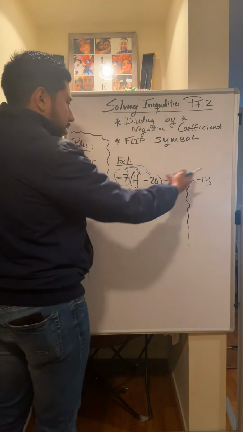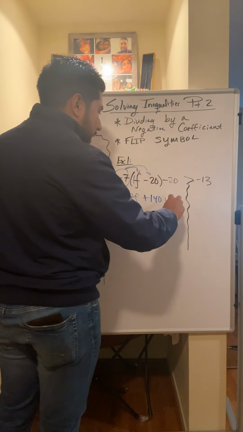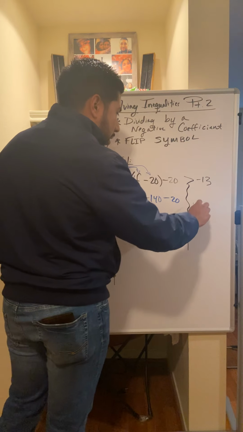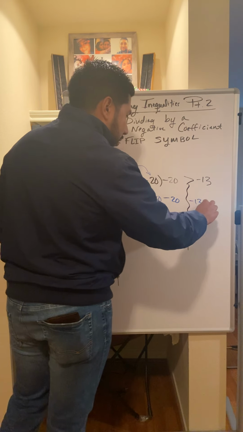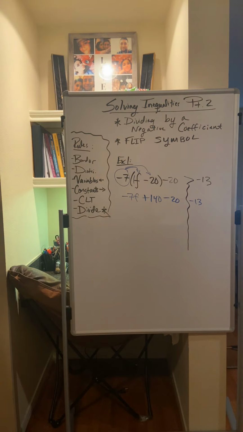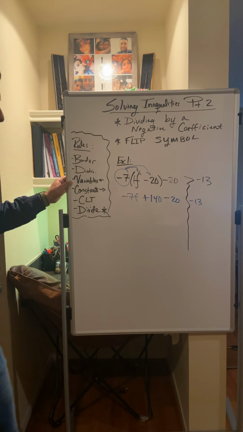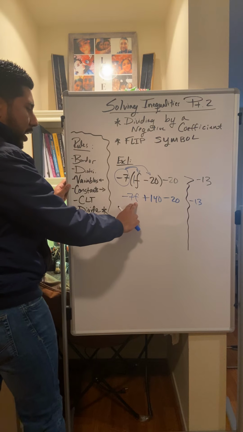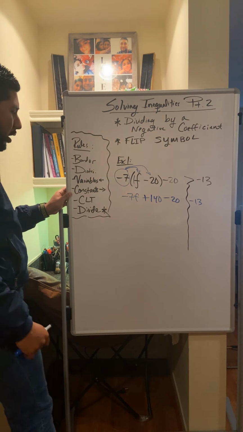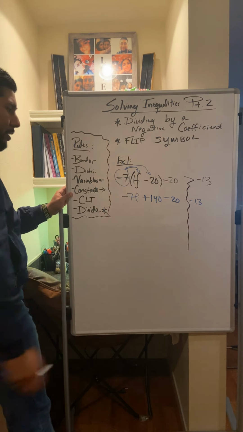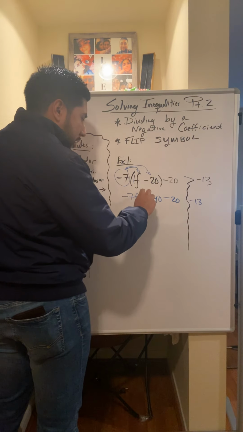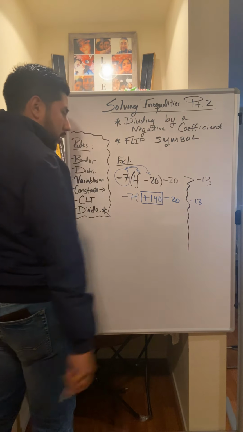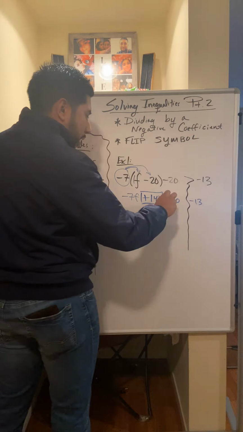Just like yesterday, there's nothing else to do. Let's bring all the information down. -20, -13. Alright. After that, we've got variables on the left. No variables over here. The only variable we have here is a -7f. That stays there. Got constants to the right side. Should know that constants are just whole numbers. Got positive 140,